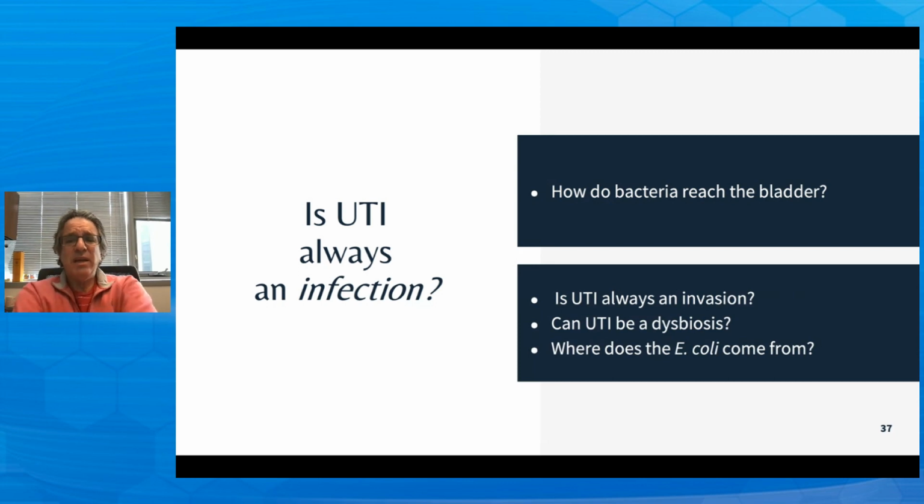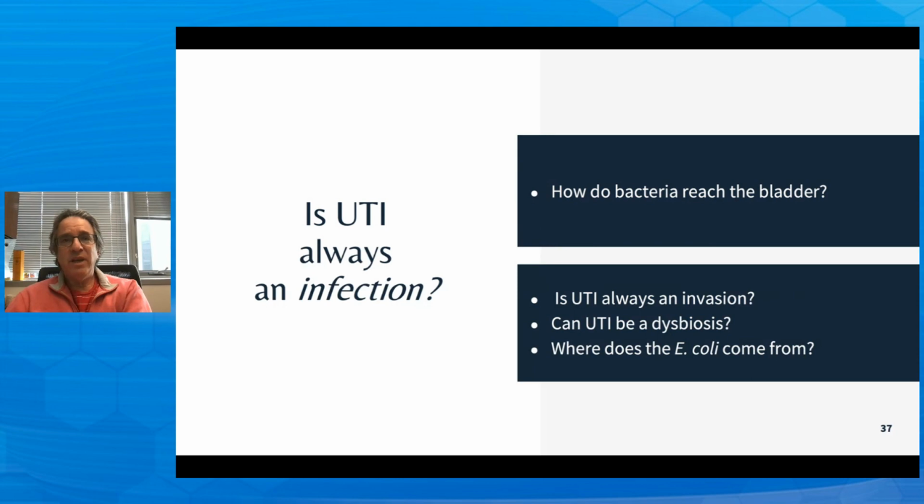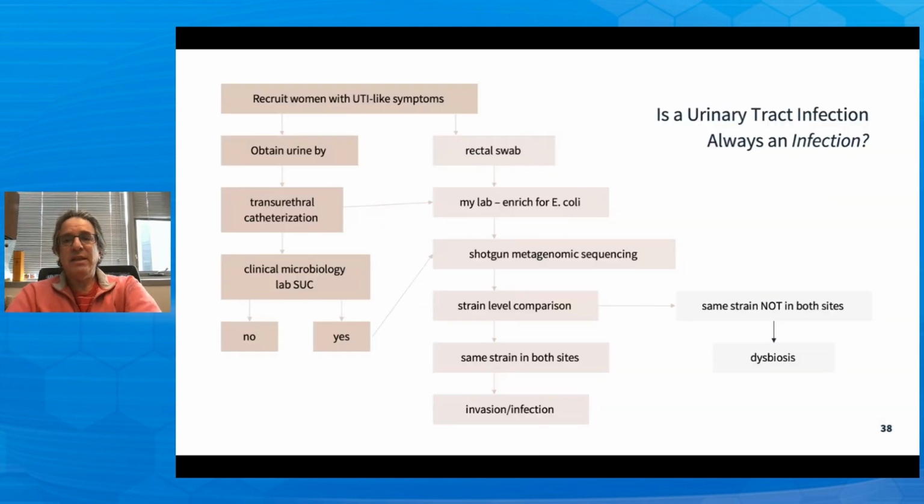Well, let's just talk about E. coli, right? So there are two possibilities. An E. coli UTI is always an invasion and therefore an infection. Or perhaps the E. coli got there a long time ago, and all you're seeing is a disruption of the microbiome, where the E. coli or whatever the other pathogen is, right, blooms. That disruption is called a dysbiosis. So most people think that UTI is caused by E. coli or other uropathogens, that those bacteria come from the gut. Well, okay, we're testing that right now.